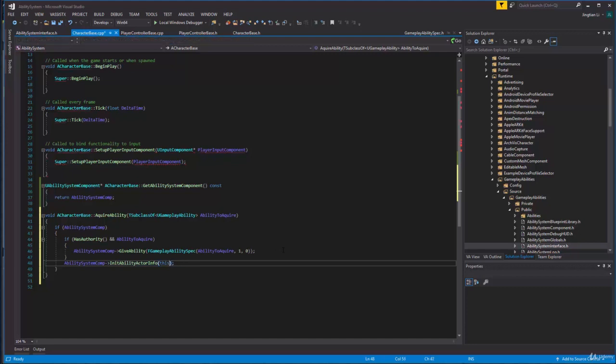sometimes my IntelliSense doesn't really work, but those are basically telling it what is the owner and what is the instigator, things like that. So basically it's going to be the same character that we are trying to implement this